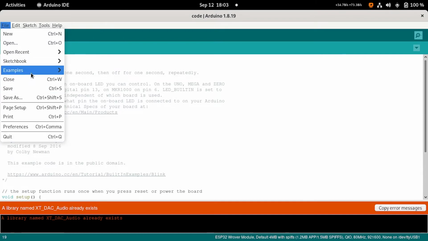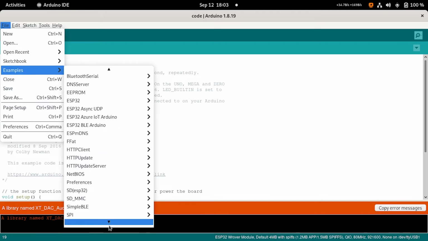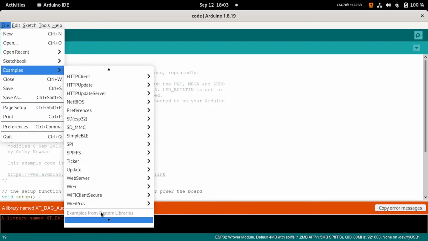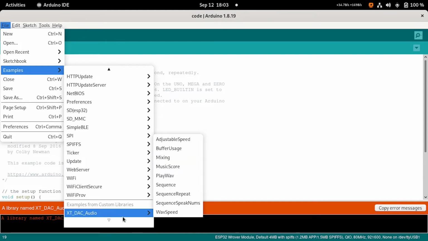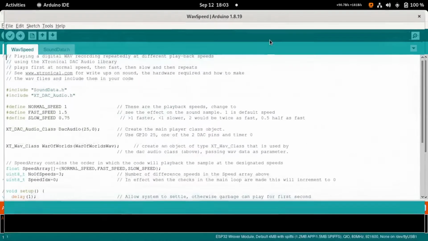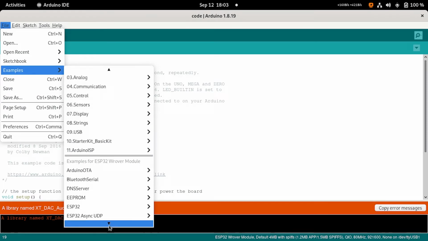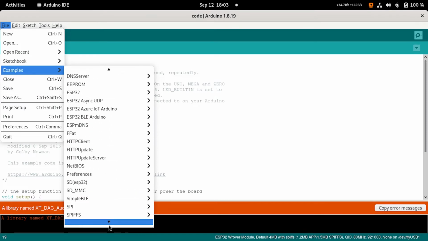To confirm the installation of the audio library, you can go to File, Examples and look for the XTDAC audio library. If you see this, you can consider that your library is included successfully. Here, all our installation is completed. And now we will see whether our audio library works fine or not by uploading the example code to our